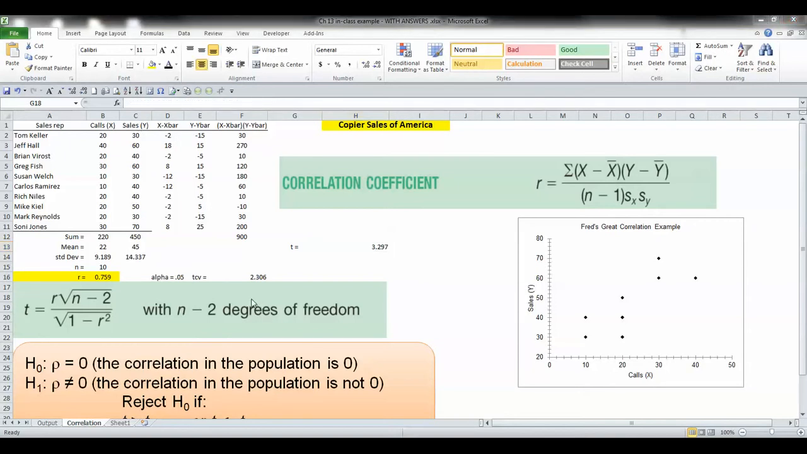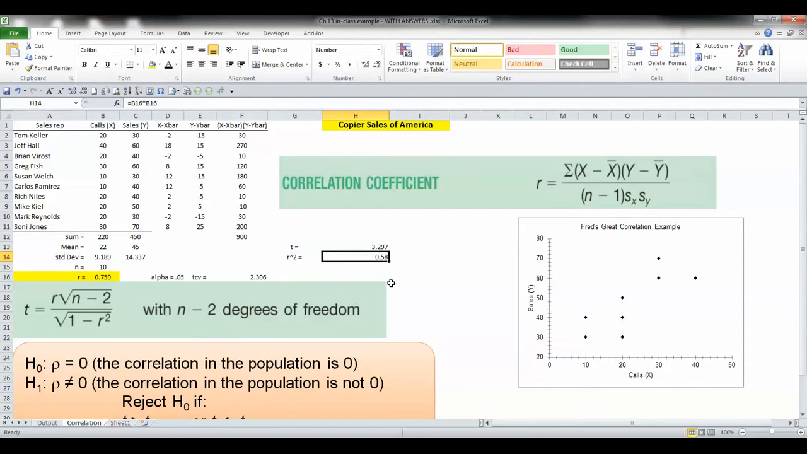One last thing before we go. Let's talk about this r square that's in the denominator of the t-test statistic. It's a simple calculation. We just multiply the r times itself, or the correlation coefficient times the correlation coefficient, and we get